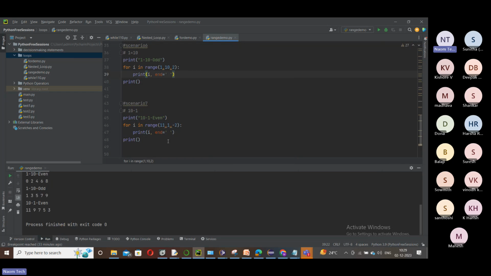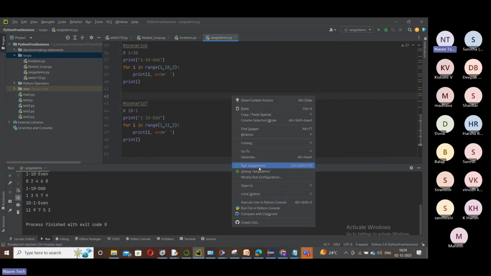Now, let's do one thing. Copy this. I just modified the same program. So what is this program we did? We did odd numbers, right? 1 to 11, increment by 2, this is good.